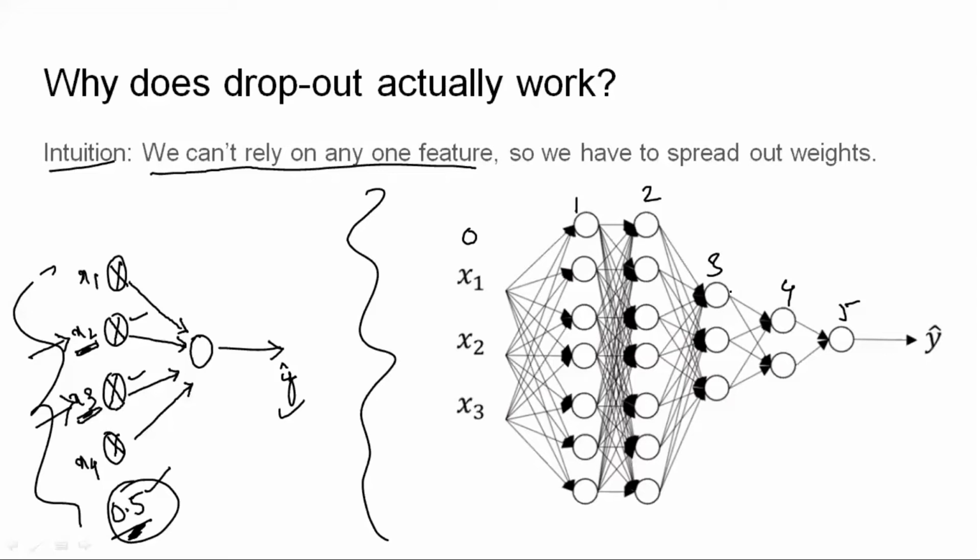Okay, but layers 3, 4 and 5, since they have a very small number of nodes, are rarely going to contribute to this problem of high variance. So what I need to do is penalize more nodes from layer 1 and layer 2 as compared to layers 3, 4 and 5. The removal of nodes from layers 1 and 2 would be more as compared to layers 3, 4 and 5.